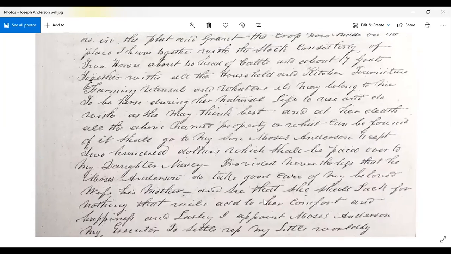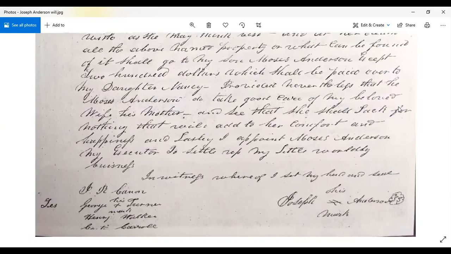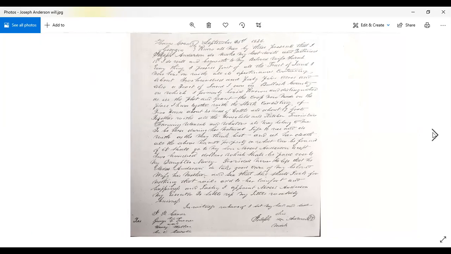And it does say my daughter Nancy for provisions. And he left her, I believe, $200. But everything else went to Moses. At the time, Joseph still had a son up in Bulloch County, but he did own a great deal of land in Bulloch, so therefore that could be perceived as he had already received his inheritance. But he had several daughters who were living close by and grandchildren. And so this will was recorded in 46,